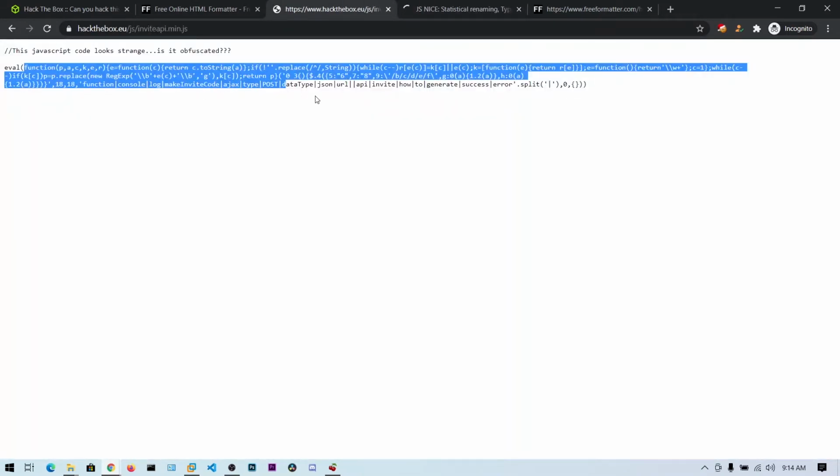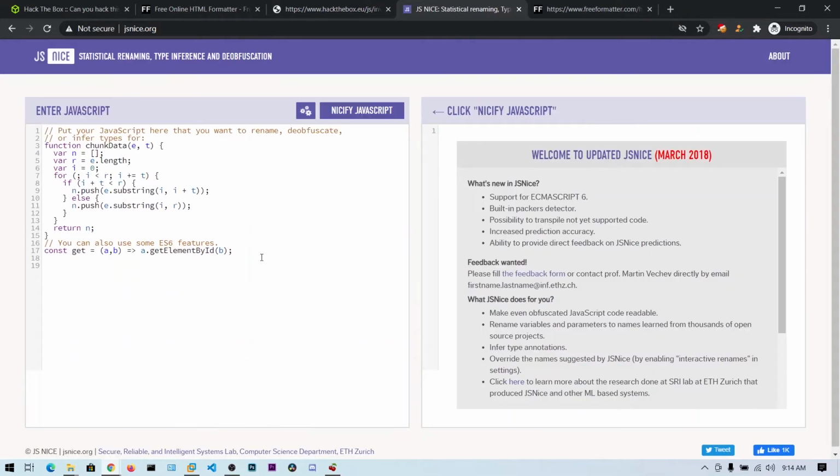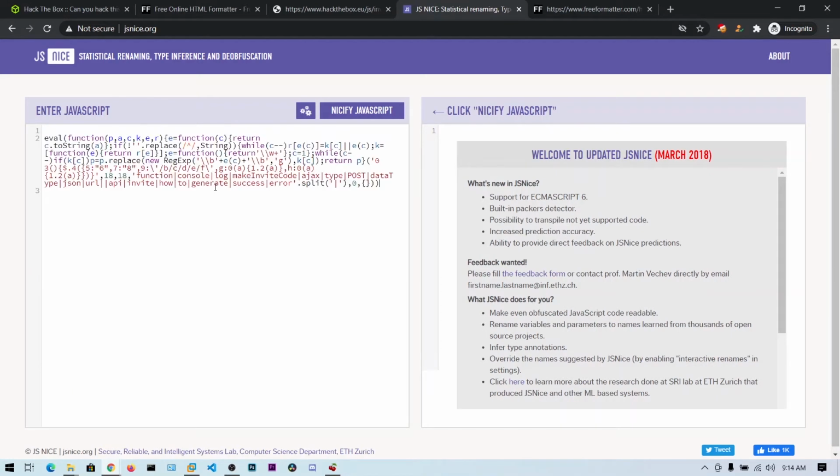JS Nice is a website where you can deobfuscate obfuscated JavaScript code. Obfuscation means that there is code you can understand in human language, like console.log of a variable, which you get easily. Obfuscation is used to hide the code from others who would review it. Here you can enter this obfuscated code and get a nice, readable version of the JavaScript function.